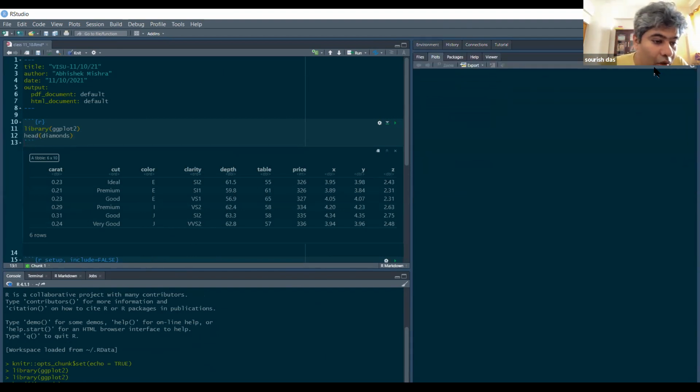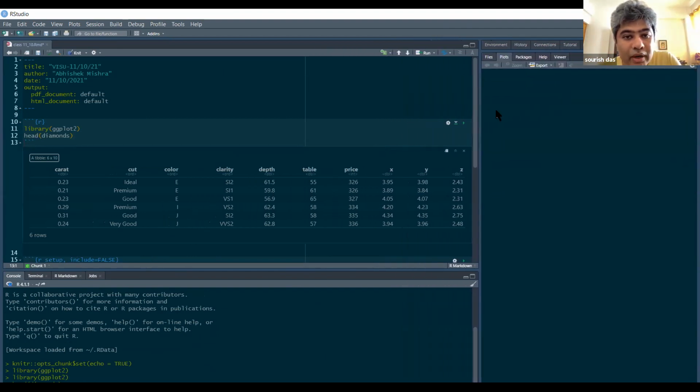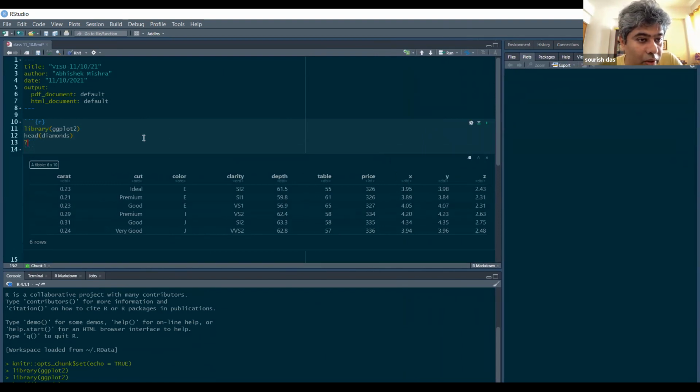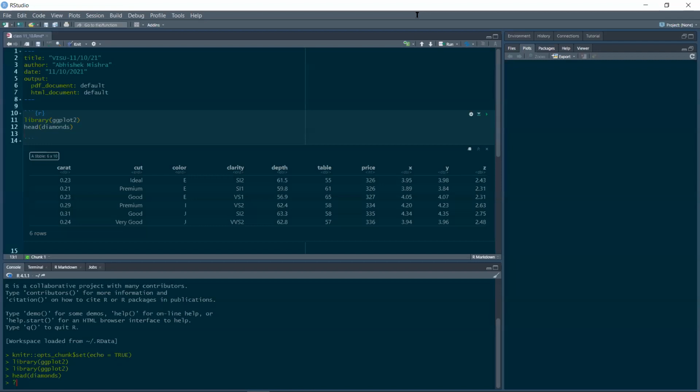And in the console, if you just type a question mark, not in the code, in the console. If you share your desktop now, then you don't have to change again and again, so it will be easier.